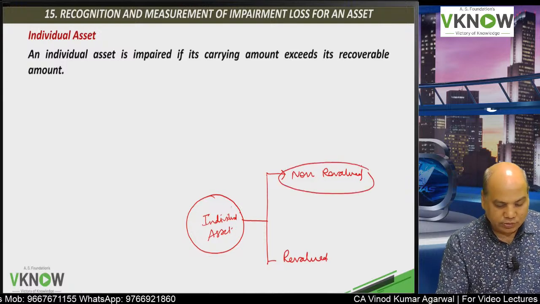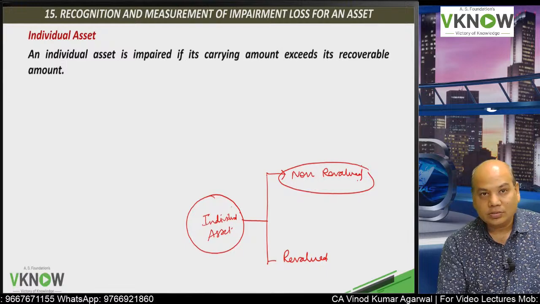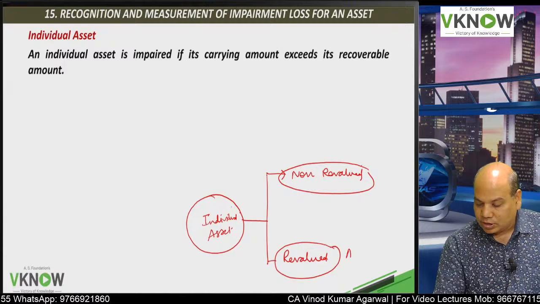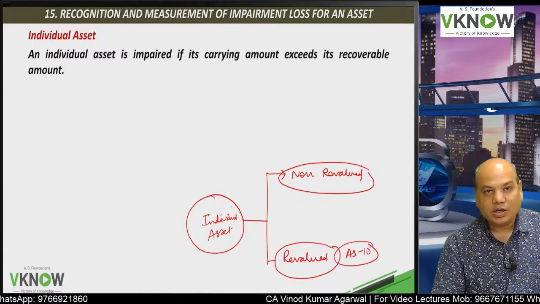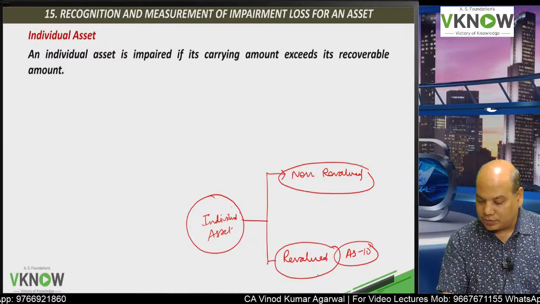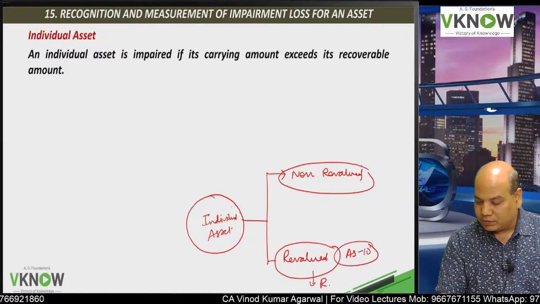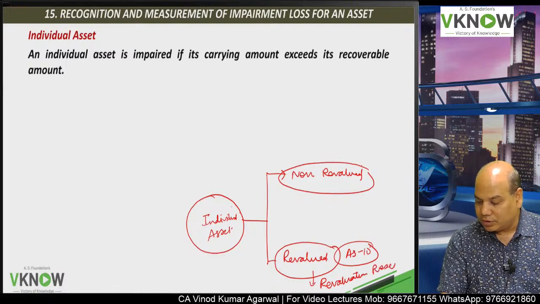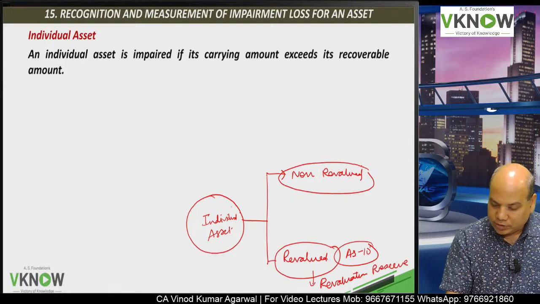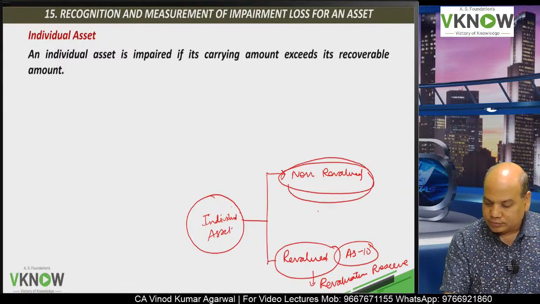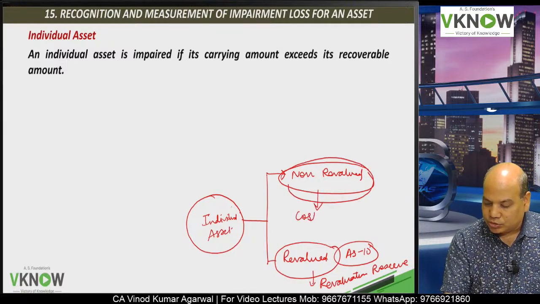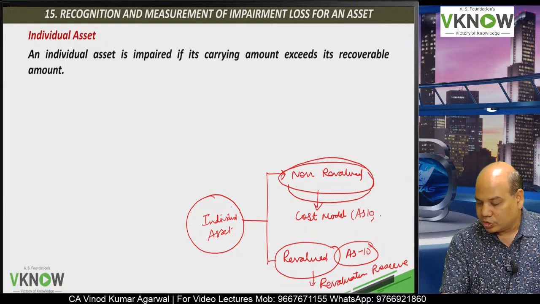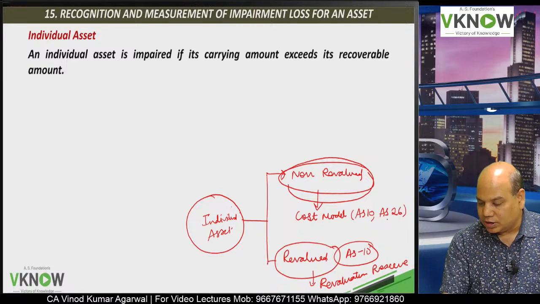Non-revalued category means it was never revalued earlier. Revalued category means it was earlier revalued upward under accounting standard 10, and we have created one revaluation reserve. So with respect to a revalued asset, there is a revaluation reserve in our book. But with respect to a non-revalued asset, that is, one accounted using the cost model under AS 10 or under AS 26 intangible asset,